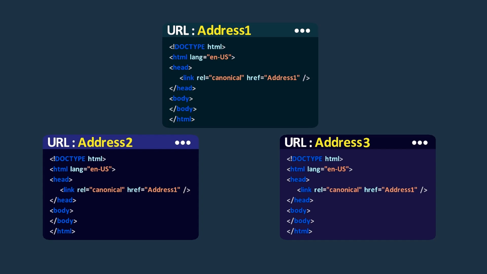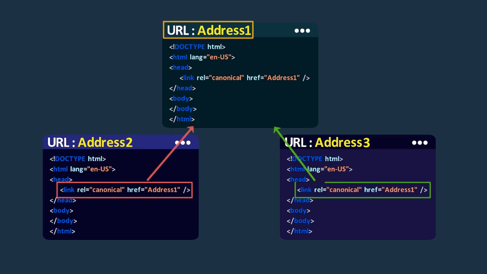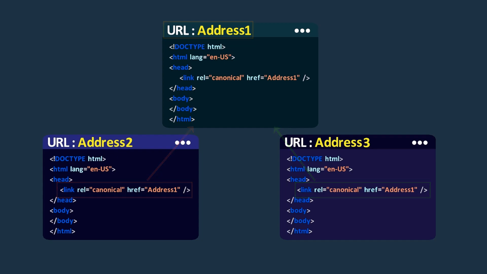Okay, a canonical tag is a piece of HTML code that identifies the main version of duplicate, similar, or nearly identical pages. In simple terms, if you have the same or similar content available on different URLs, you can use canonical tags to specify which version is the primary one for indexing. This link tag is placed in the head element and has two attributes, rel and href. The rel attribute must be set to canonical, and the href attribute contains the address of the page you want to be indexed instead of the current page's address.